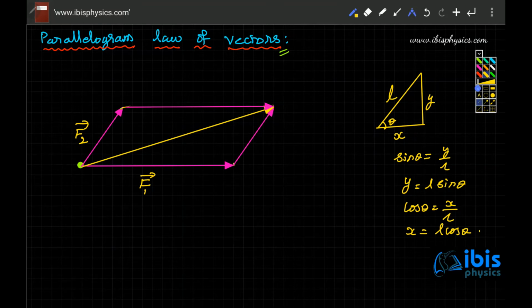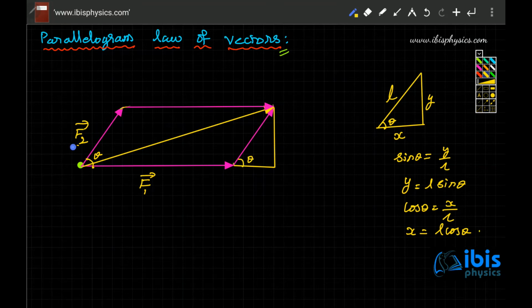Now let us try this. What will this length be and what will this length be? This forms a right angle triangle. Suppose the angle between f1 vector and f2 vector is theta. Because you have not changed the direction, you have kept it here. If the angle between f1 and f2 is theta here, and this is the direction extended from f1, this is f2, and this angle will also be theta.